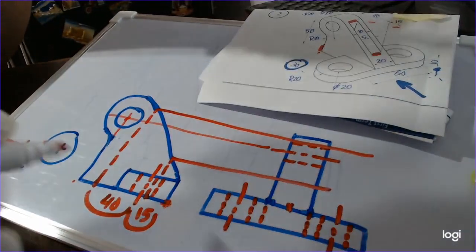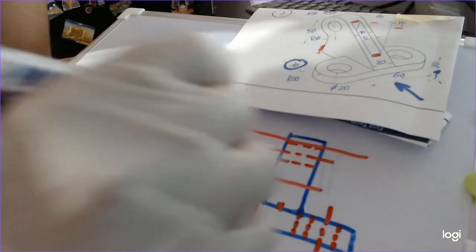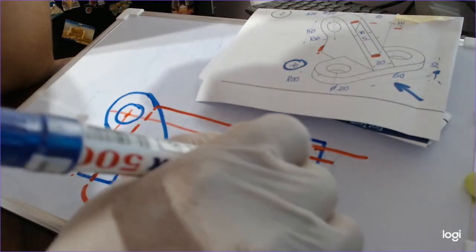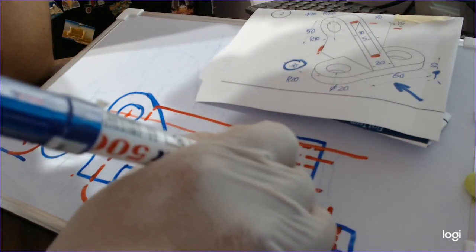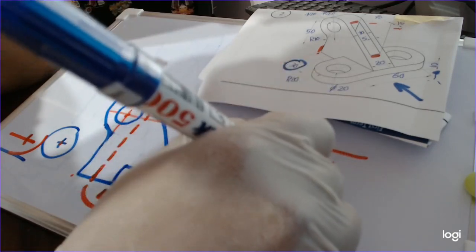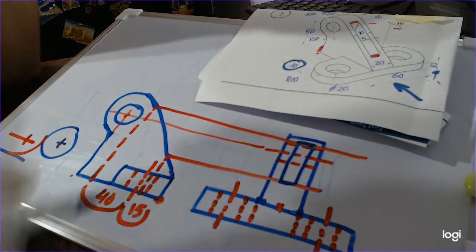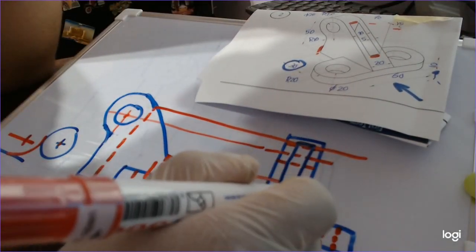Okay, so those ones will be the start point and the end point of this pocket shape. Okay, so I will go 5 millimeters and draw 10, go up until this line, from here the same, close it, and then from this point I will go down with the dashed line,